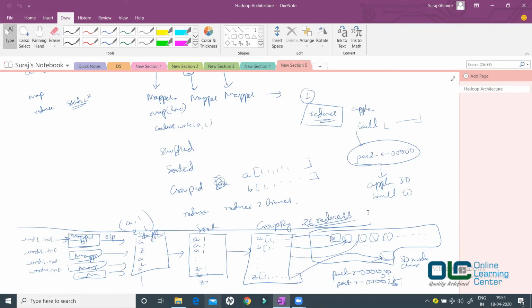Okay, next question is, when the file will get converted as a key value pair, which process will do it? Or when we copy the file to HDFS, will the file convert to key value pair automatically? No. When you are writing the data into an HDFS file, the data would be stored as raw data. Like the data will not be converted into key value pair. The data would be converted as a key value pair only when you start processing it. So your input formatter will do it.